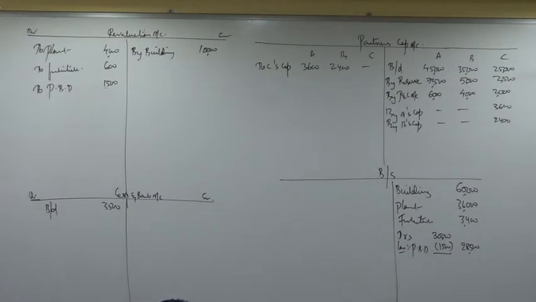A and B are to bring in cash if necessary in their profit sharing ratio to pay off C's dues on retirement and leave a sum of rupees 10,000 as working capital. So A and B have to bring cash so that we are able to pay C whatever is due to him on retirement, and we should also leave 10,000 as working capital. That means after you discharge C's capital balance, still 10,000 rupees should be left in the bank account. If there is a shortfall, that shortfall will be filled up by A and B in their profit sharing ratio. We can do that step later. Let us first close the revaluation account.